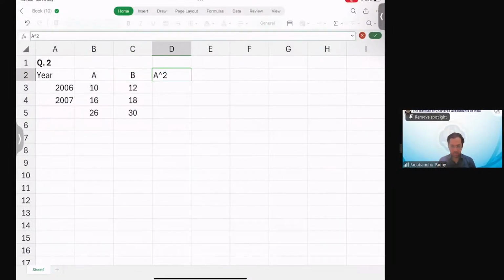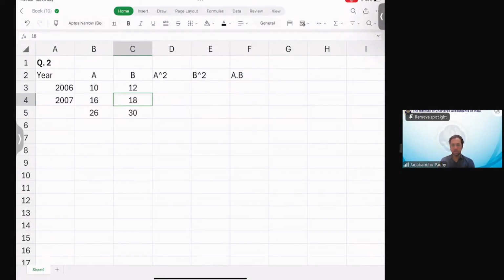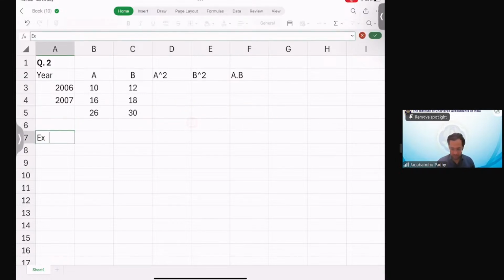So we'll need the value of A square, B square, and A into B, right? Calculate these values and give me the total, guys, because based on that, we can definitely calculate the expected return